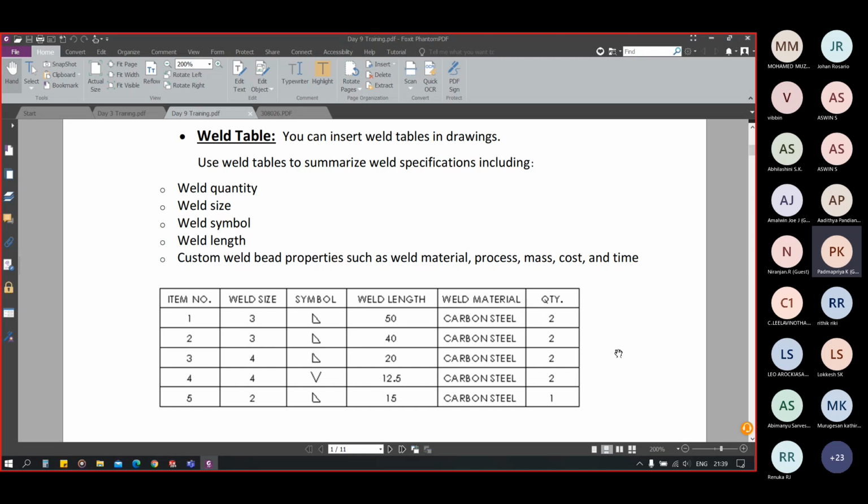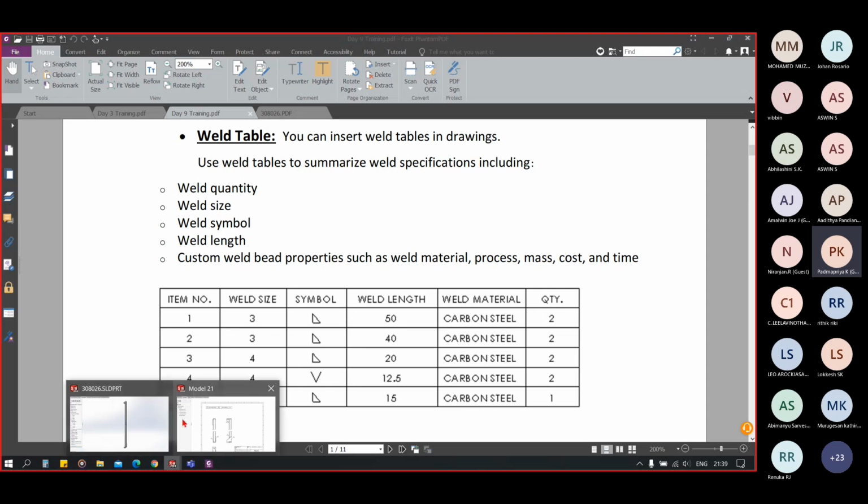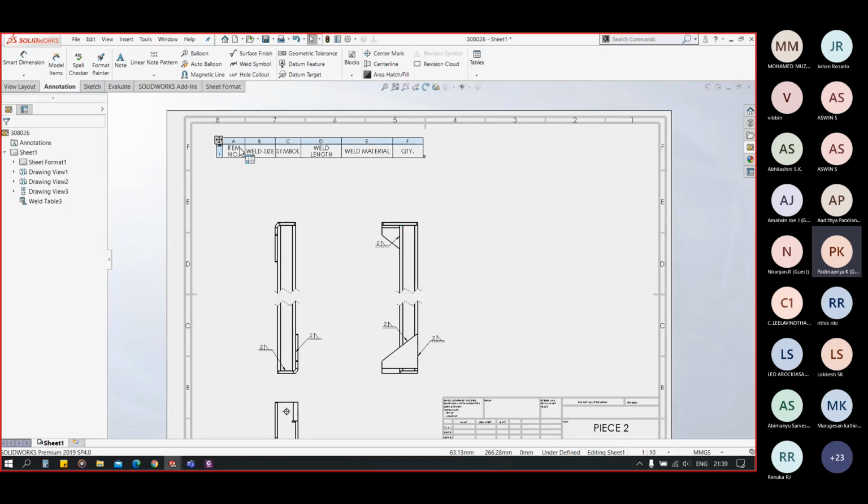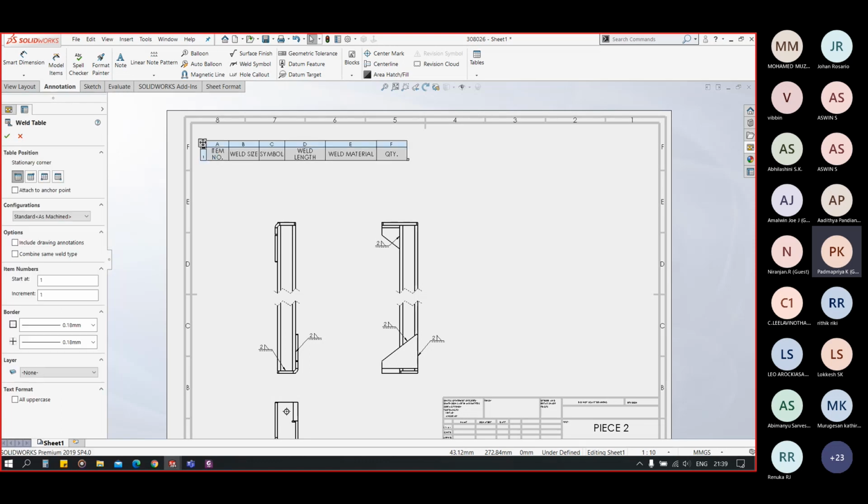So now let's say for number 5, we have weld size 2 mm, fillet weld length is 15 mm, carbon steel, and 1 quantity. But somehow it is not having the weld table there.